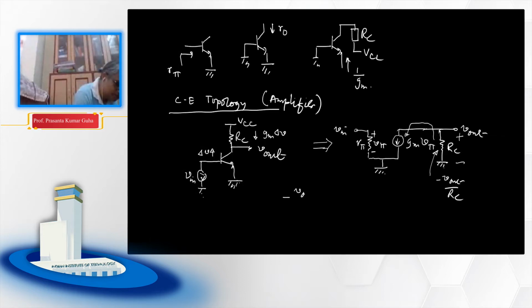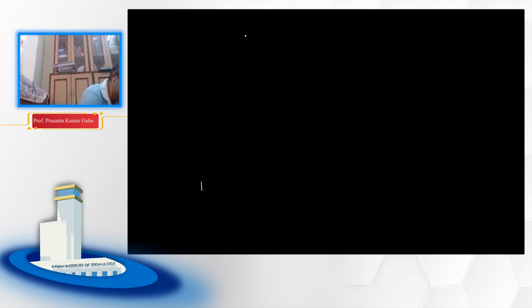So we can write Vout over RC is equal to gm V pi, and your V pi is nothing but your Vin. So we can write Vout over RC is equal to gm Vin. So we can write Vout over Vin, your gain, is nothing but gm multiplied by RC. So this is the gain of this simple common emitter amplifier circuit, which has a resistance RC